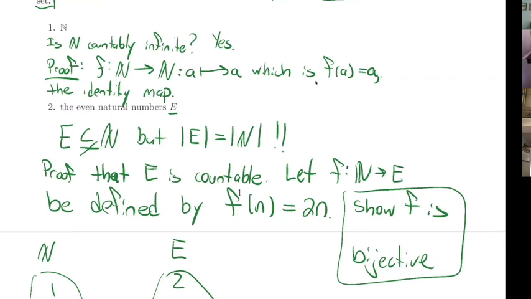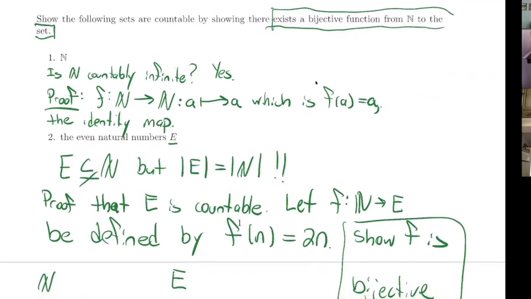So sometimes we can actually construct a map like we did here explicitly, and sometimes the best that we can do is just say that we can show that some map exists, and maybe we can't define it explicitly, but either way of doing it would be fine. Any questions?